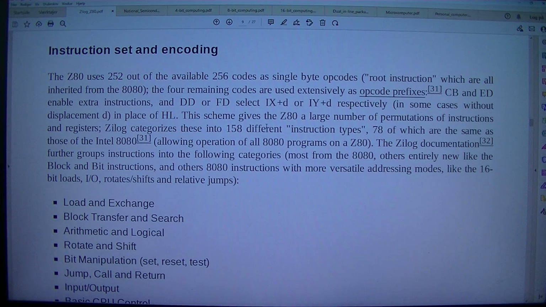This scheme gives the Z80 a large number of permutations of instructions and registers. Zilog categorizes these into 158 different instruction types, 78 of which are the same as those of the Intel 8080, allowing operation of all 8080 programs on a Z80. The Zilog documentation